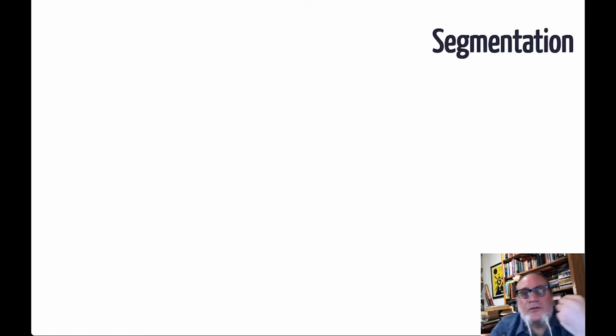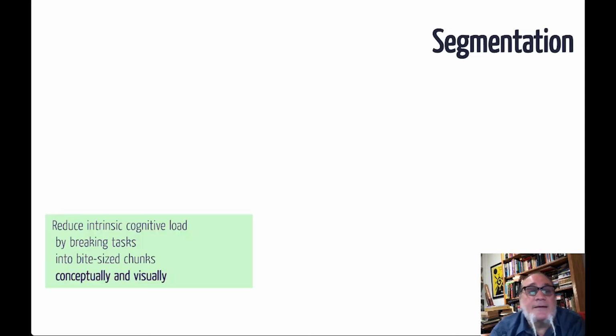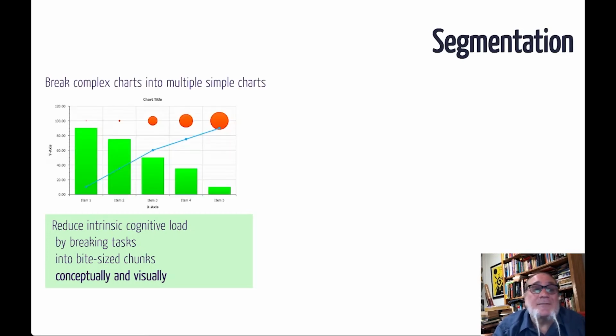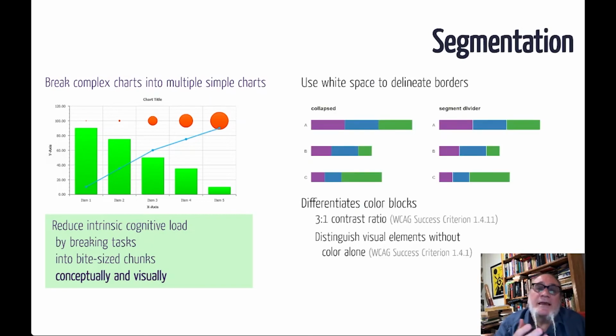We get to another CLT effect called segmentation. We want to reduce intrinsic cognitive load by breaking up those tasks into bite-sized chunks, both conceptually and visually. Conceptually, that might mean something like taking a complex chart and breaking it down into multiple simple charts. And visually, that means, for example, separating different segments by white space or empty space between them, so that someone